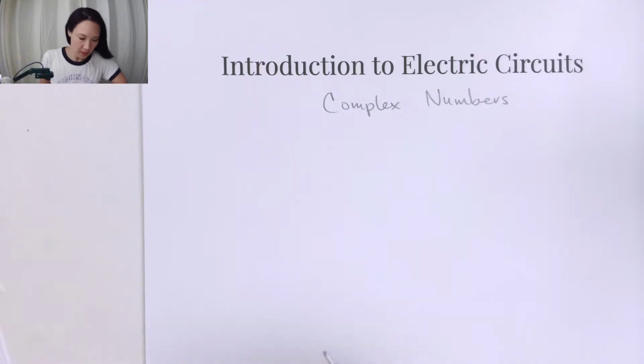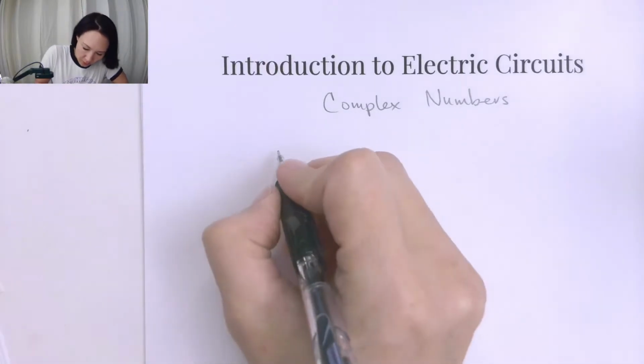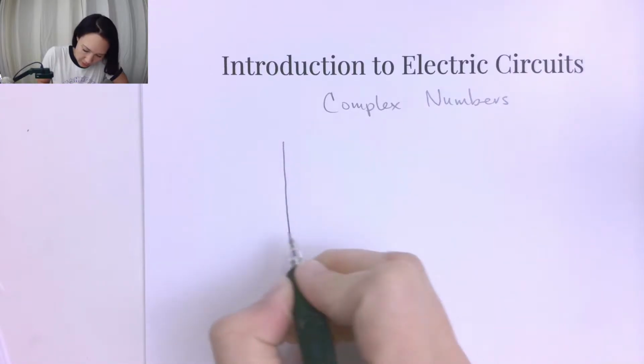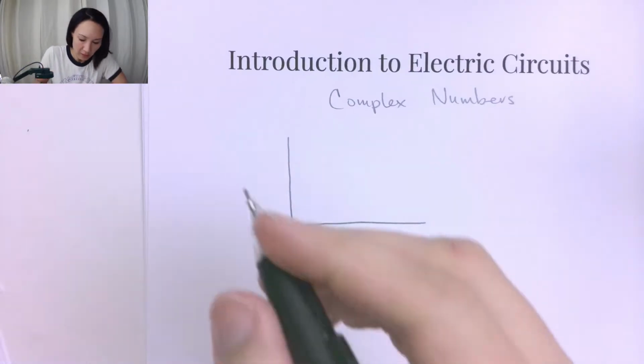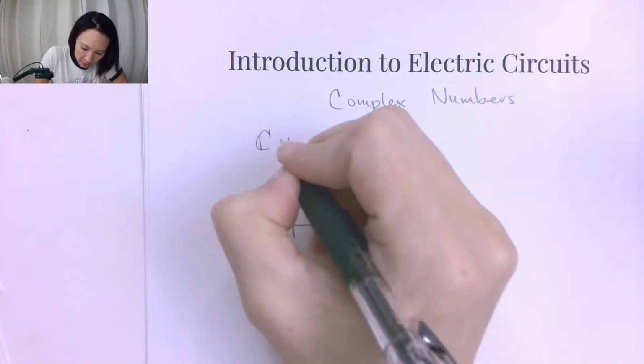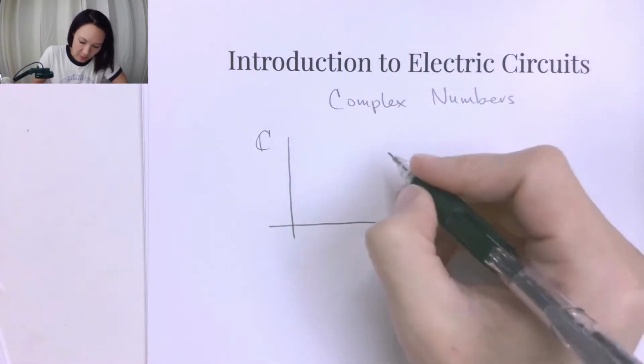When we start studying alternating current, we're going to need a review of complex numbers because we're going to run into some complex impedances, and we'll talk in more detail about that later. But let's set some mathematical groundwork. So suppose we have